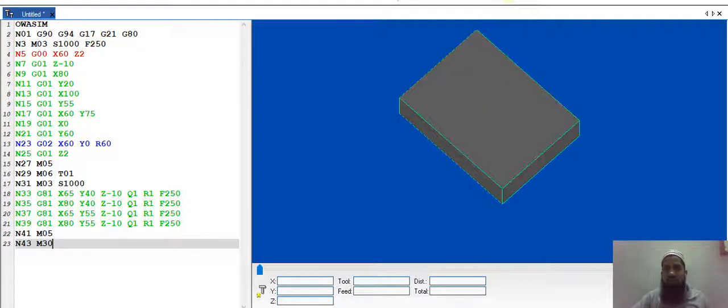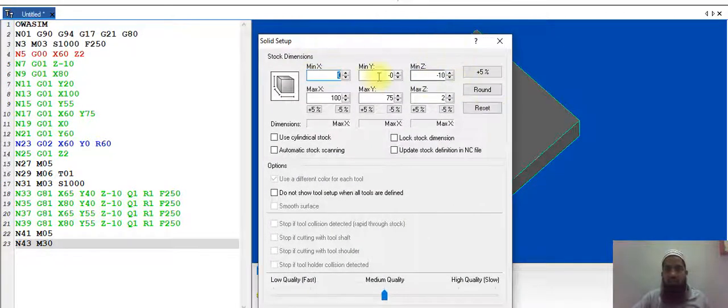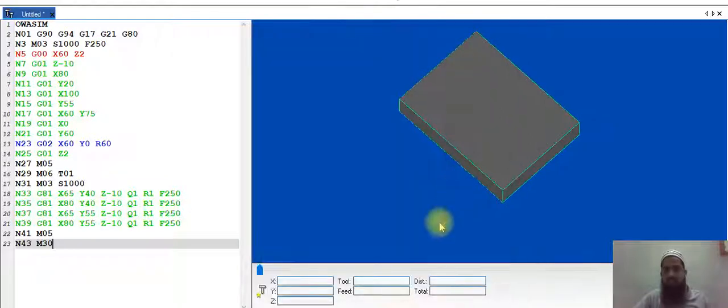I'll go to the solid setup. Here 0, 0, it is also 0. Minus 10 is okay. 100 I can take 105, and this is 75, I can take 78. This will be 0. Okay, so this is the job.